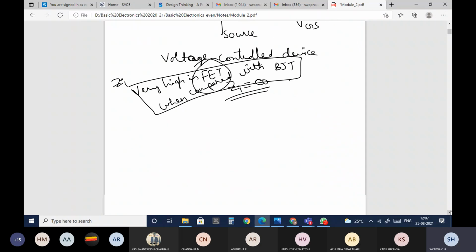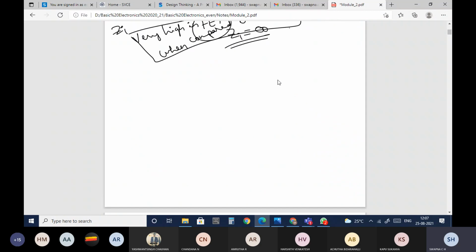If you want me to explain in layman terms, this is your tap, and here you have a valve. The water is dropping and is collected somewhere in the drain.